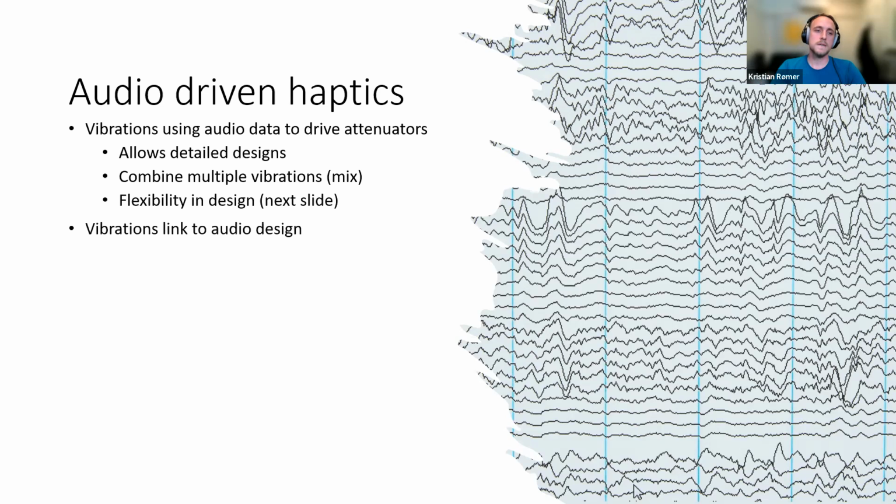So the vibrations that we are designing now are also very tightly linked to how we design audio. It uses the same parameters: time, timbre, amplitude, and spatiality. And the spatiality comes from the stereo field you have with the controller. By adjusting the amount of vibration on either side of the controller, you can get the feeling of a direction. And this is very useful when doing notifications about in-world stuff happening.